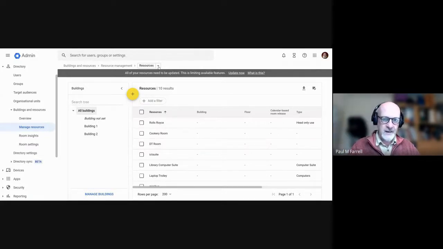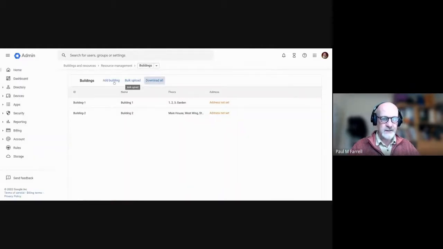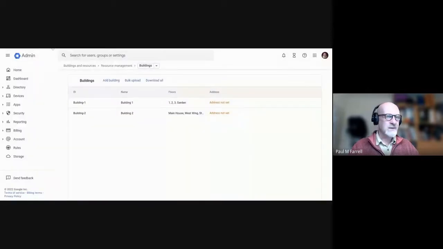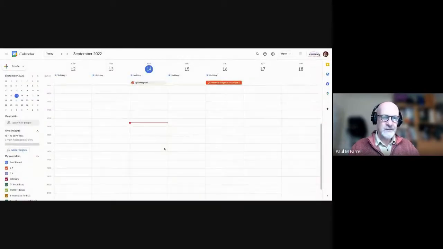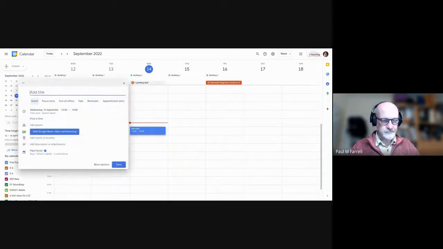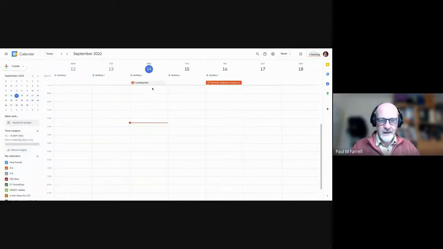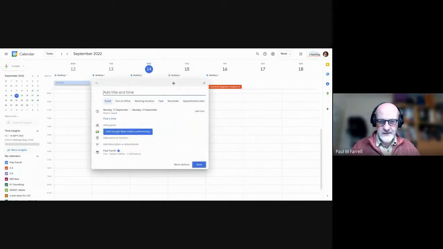And then in the drop down here, under resources, you've also got the option to go to buildings, and you would add the buildings in here. And then you can see I've already added 2 buildings. So once you've added the buildings, if I then go to my calendar and go to here, and create an event. Oh, not create an event, I'm going to location address, sorry, not there. If I go to, you can see here I've got building 1. So if I click on building, missed it,